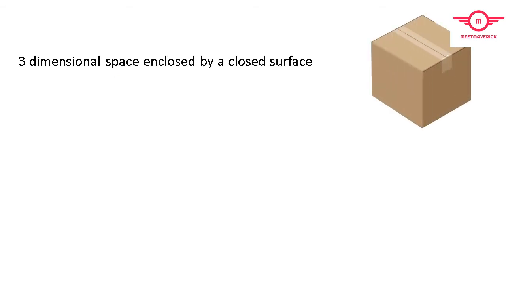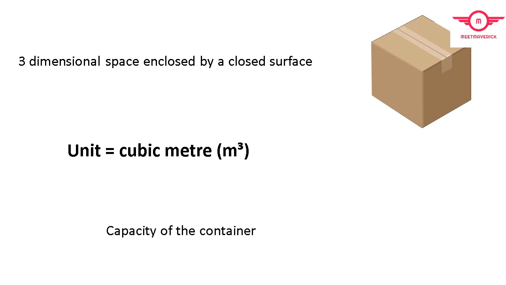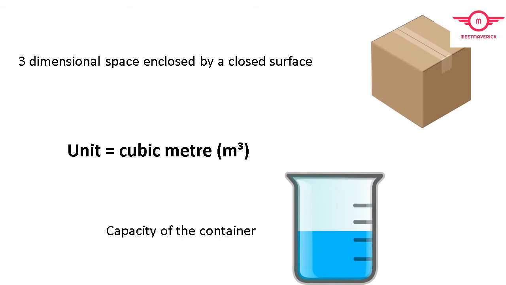Volume is the quantity of three-dimensional space enclosed by a closed surface, for example, the space that a substance, solid, liquid or gas, or shape occupies or contains. Volume is often quantified numerically using the SI derived unit, the cubic meter. The volume of a container is generally understood to be the capacity of the container, the amount of fluid the container could hold, rather than the amount of space the container itself displaces.